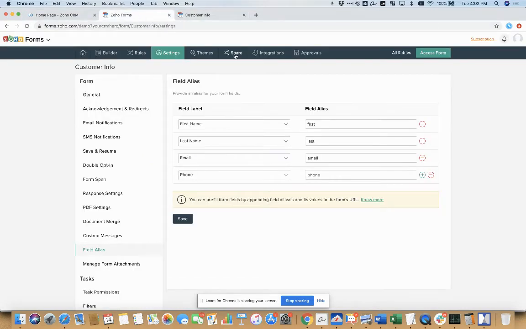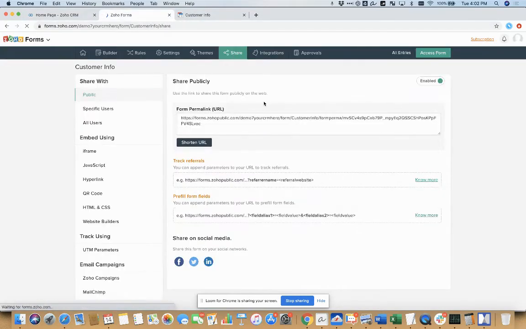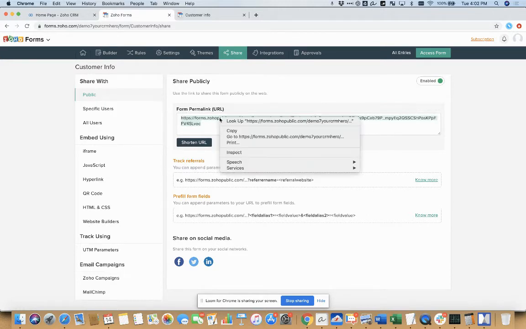So first, let's go to this form. Let's go to share. And I want this URL. So that one, I can test it with that. But if I want the actual URL that I can use,